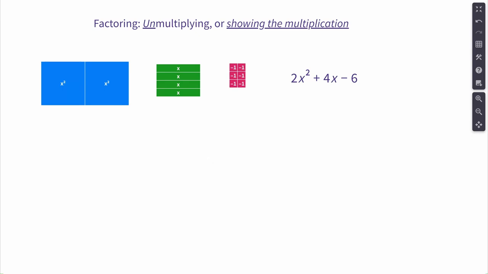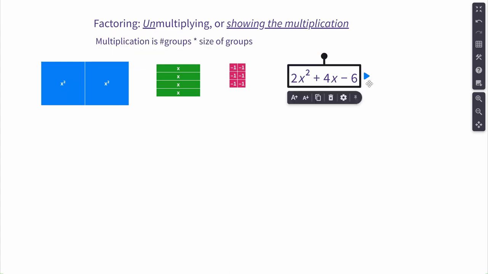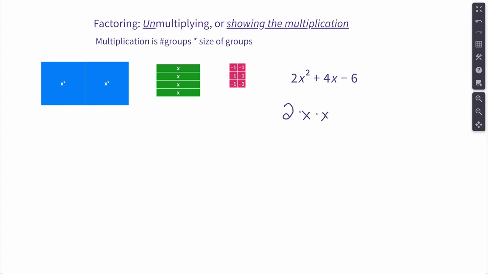And what I want to think about with multiplication this time is the idea of multiplication is a number of groups times the size of the groups. Right? So that's the thought of multiplication that we're going to be going with, not necessarily the area model this time. It's the groups model, the grouping model. So just to give us a clue of where we want to go with this, to expand this out, we're going to have 2 times x, that's 2x squared, plus 4 times x